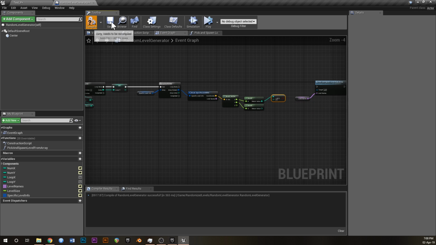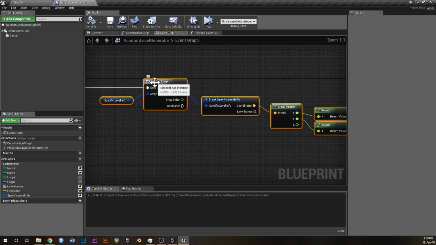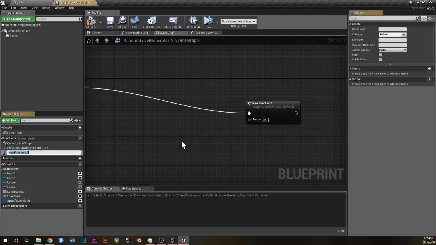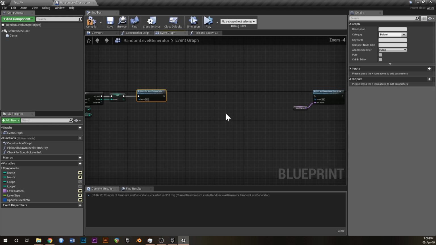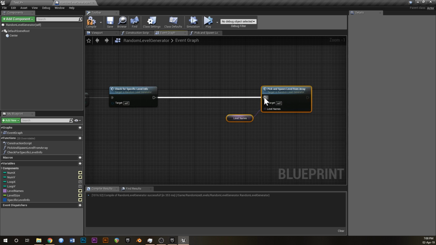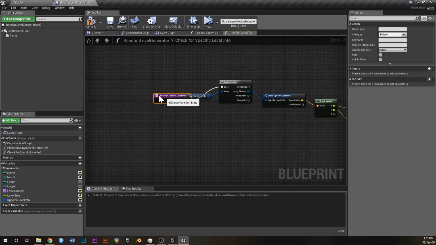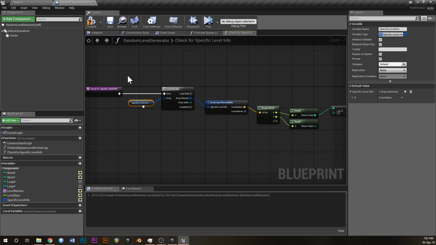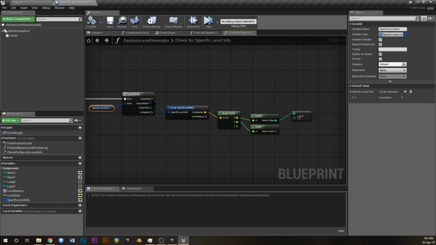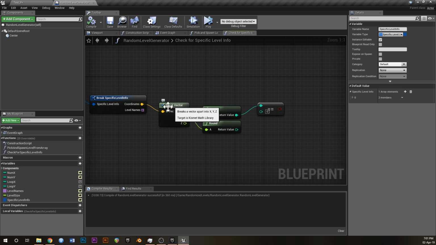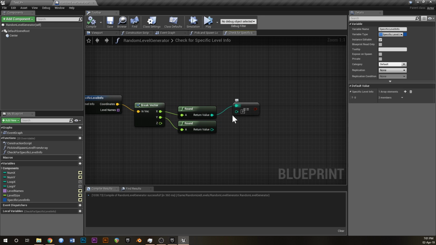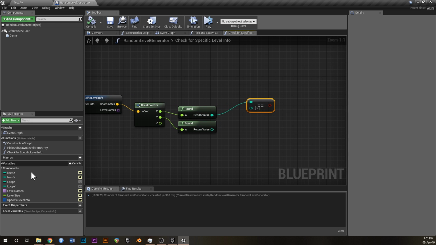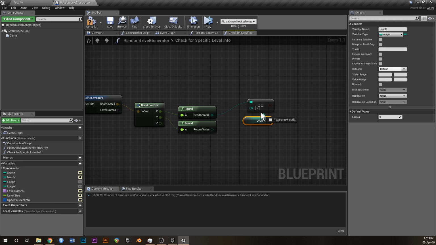What we might do actually is collapse this entire thing into a function, and we'll call this check for specific level info, just to keep this nice and tidy, and then we can have this off the end like that. So if we go into this, where we've got our specific level info array, we're breaking that on each element, we're getting the coordinates that we've defined in there, we're rounding that to an integer, and then what we're going to check for that to be equal to is going to be loop x,